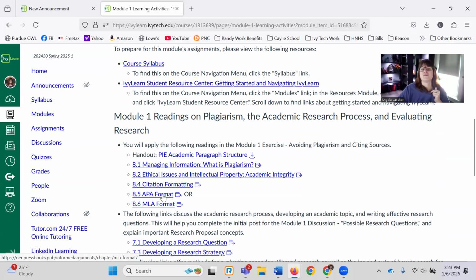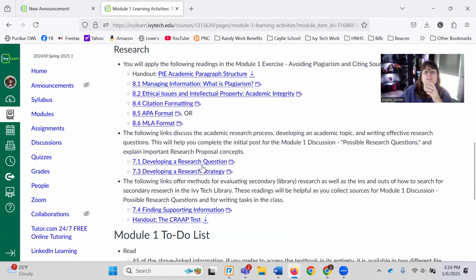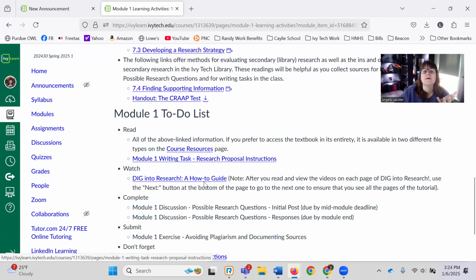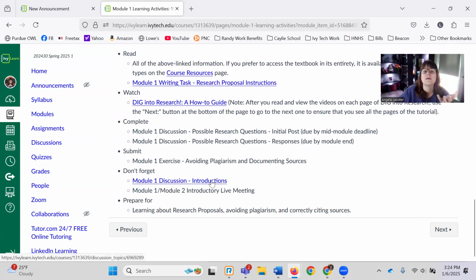You do not have to do the APA because we're MLA format only. So that's why it's got that or, okay? So then you're just going to go through here and follow exactly what it wants you to do, okay? If you feel you don't need to click on every single one of those, that's fine. But make sure that you are grasping the concepts, because if you don't, then you need to go back and